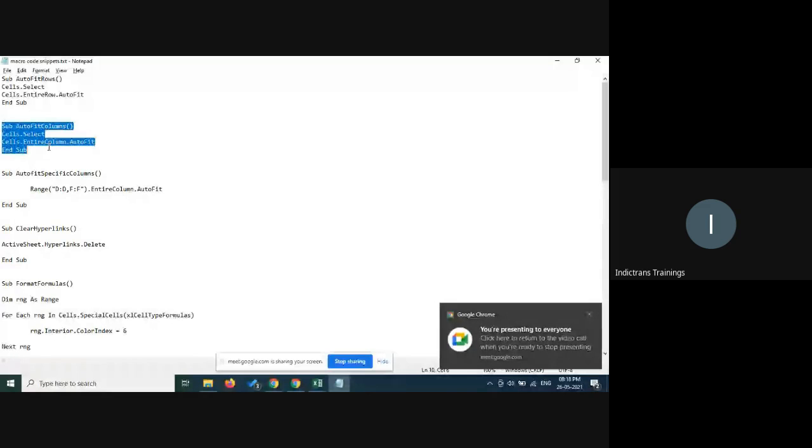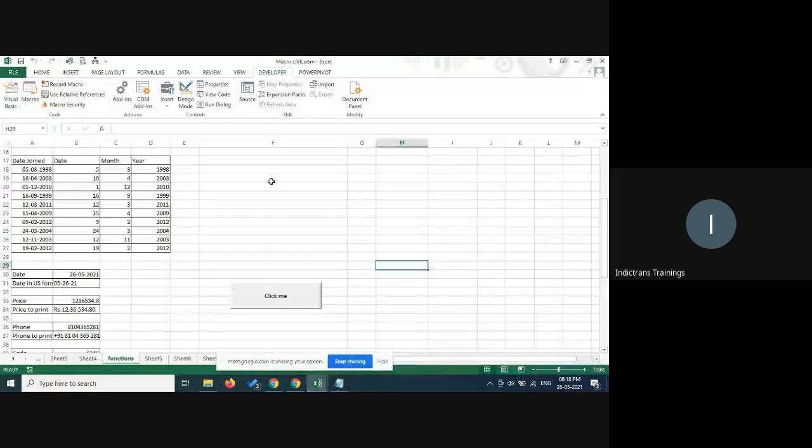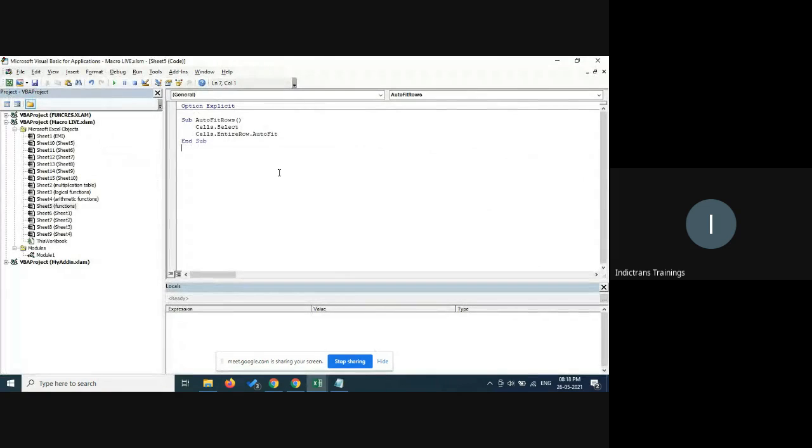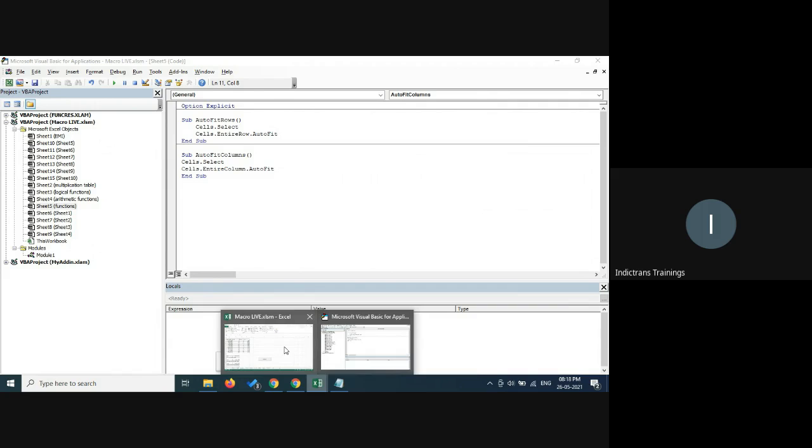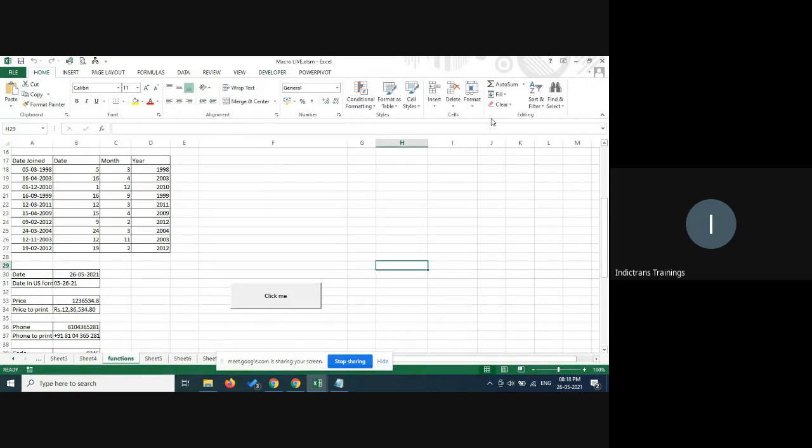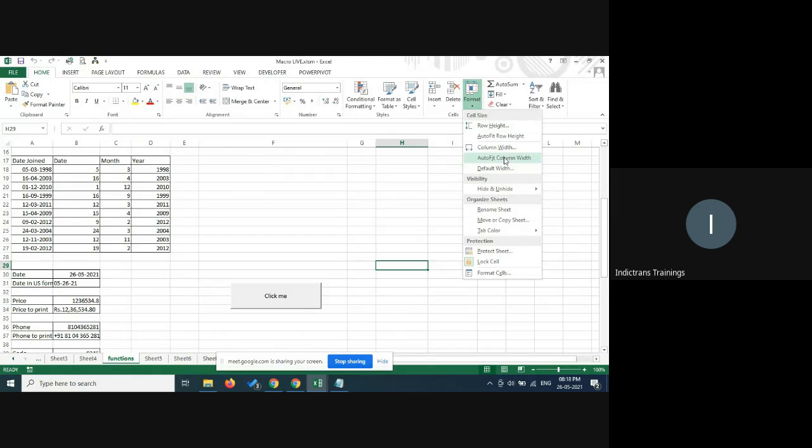Now let us move to the second one, and let me do two, three more, just to show you how these things work. So second one is auto fit column. This is most of the time required because most of the time those columns are not really auto fitted. So let me go to Visual Basic and just put it here. Auto fit column, select, and then it is cells dot entire column auto fit. That's all. Again, that function is actually available to us in home, format, auto fit column width.